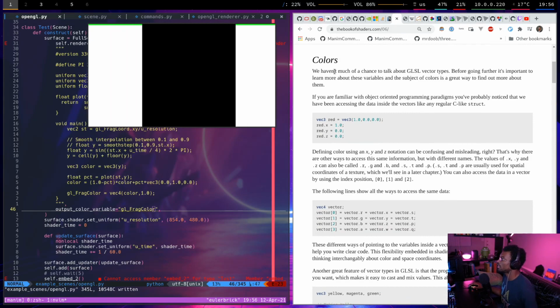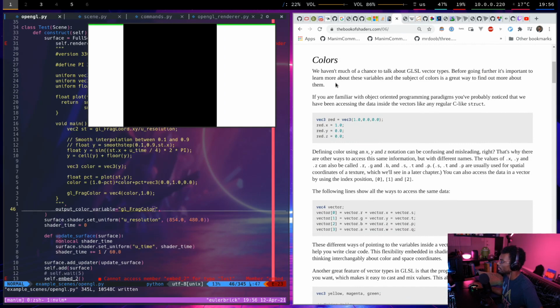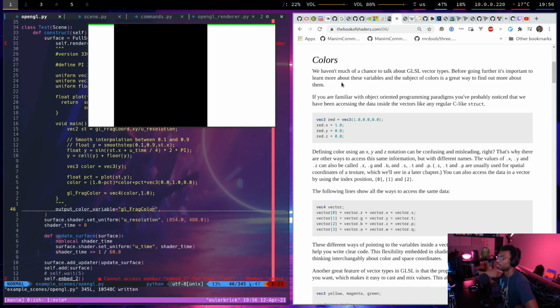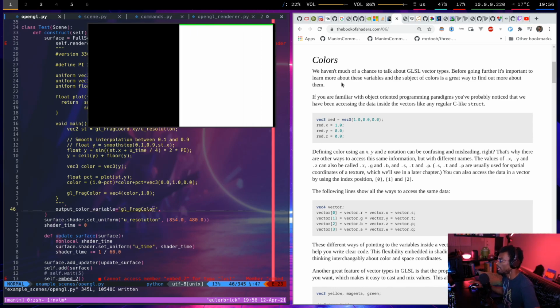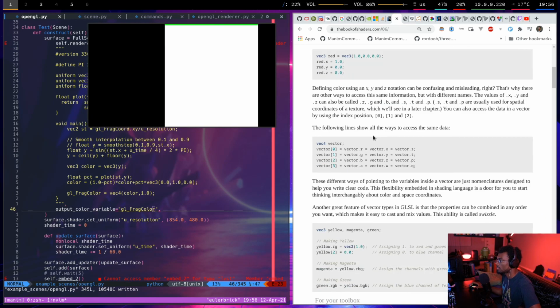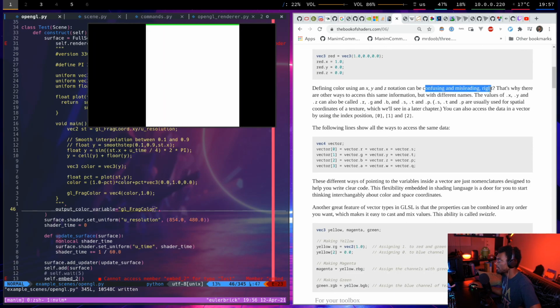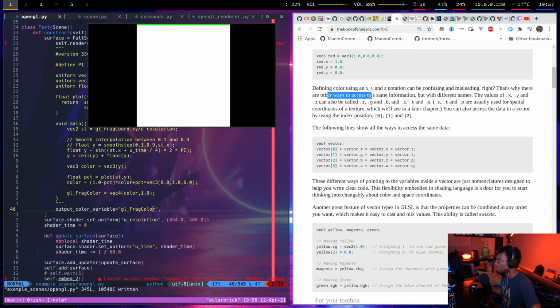We haven't had much of a chance to talk about GLSL vector types. Before going further, it's important to learn about these variables, and the subject of colors is a great way to find out more about them. If you're familiar with object-oriented programming paradigms, you've probably noticed that we've been accessing the data inside of vectors like any C-like struct. Defining color using X, Y, and Z notation can be confusing and misleading. That's where the other ways to access this same